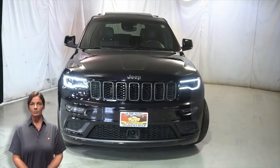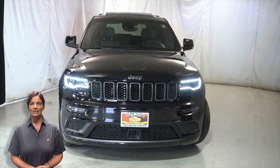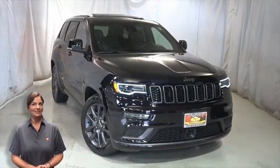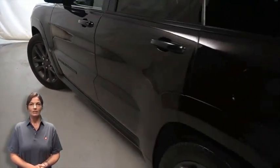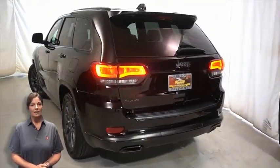Looking for a highly equipped SUV with all the right options and reliability? We'll take a look at this certified pre-owned 2018 Jeep Grand Cherokee High Altitude in Sangria Metallic. With black headlamp bezel finish, premium fog lamps, 20-inch aluminum wheels, blind spot and cross path detection, black lens tail